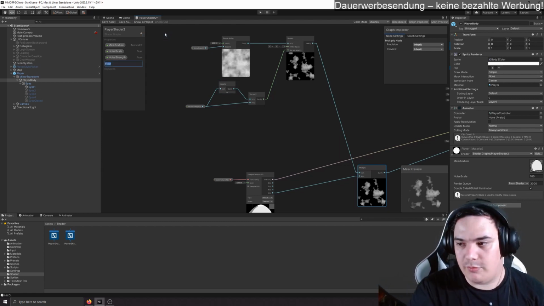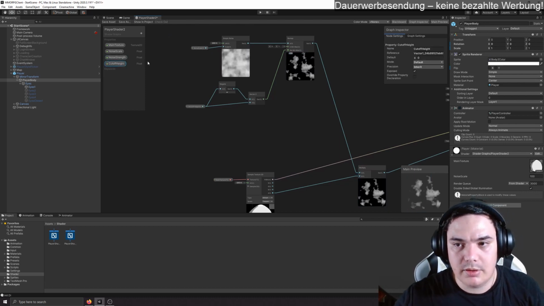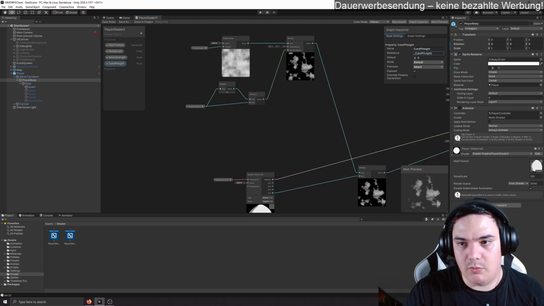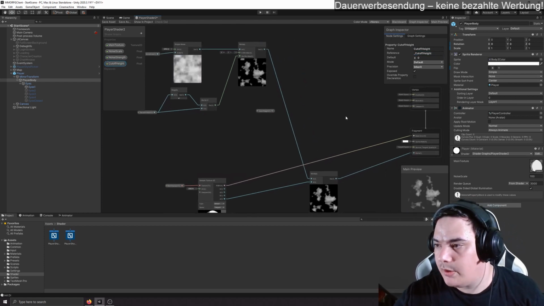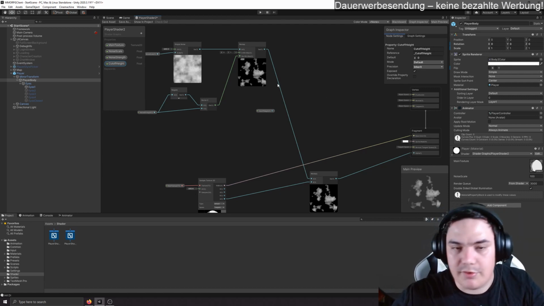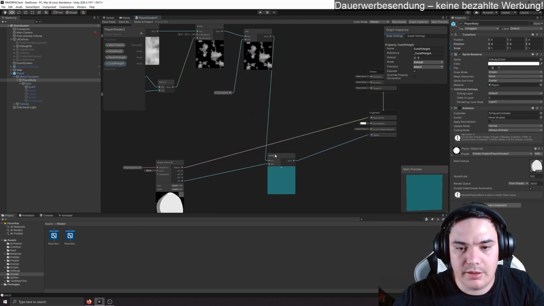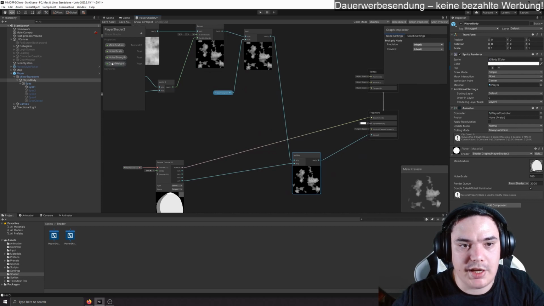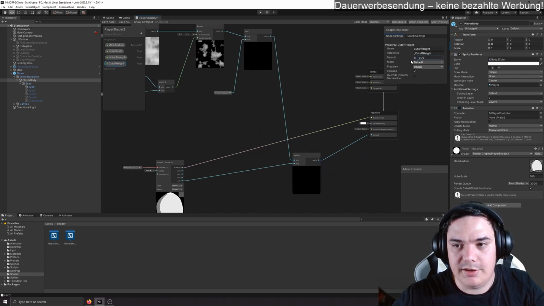We create a float value, which is often called cutoff height, which is basically where we cut everything off. And the simplest thing we can do is basically add the cutoff height and leverage that. And what we can do now is increase the cutoff height, and because it adds to the noise remap we have,